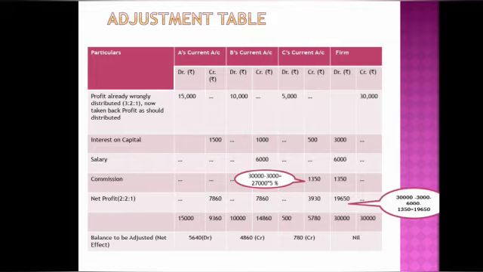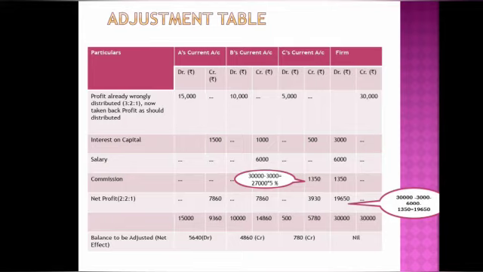The net profit, how do you get those? So after passing or writing all the adjustments or the errors, whatever you have rectified, you need to write. And after commission, what you see in the next row, that is of net profit, how do you get it? So see just on the right hand side. You got 19,650. How did you get this?